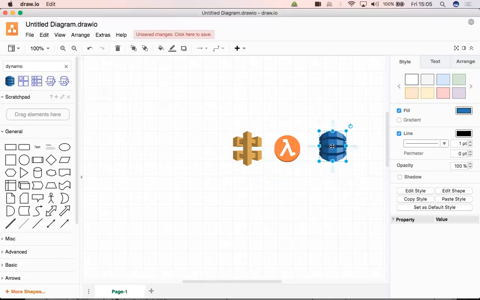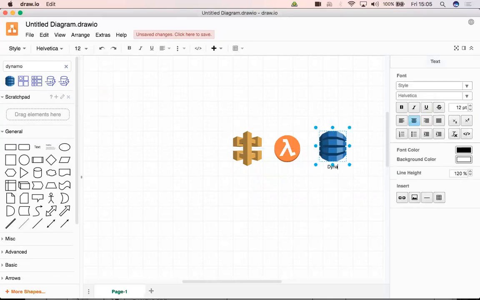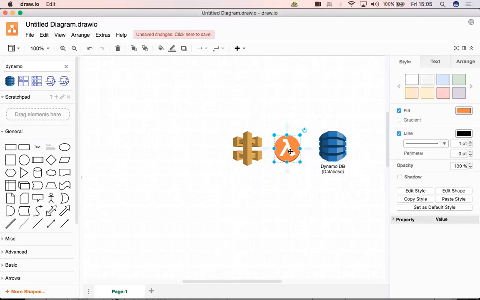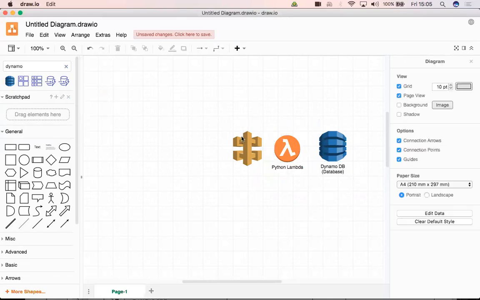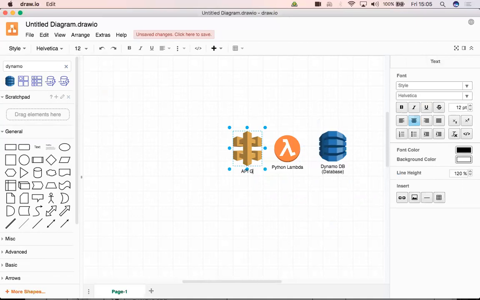So this is the DynamoDB database. That is our database system. And we have one or other Lambda functions. In our case, we are writing Python-based Lambda. And this is API gateway.